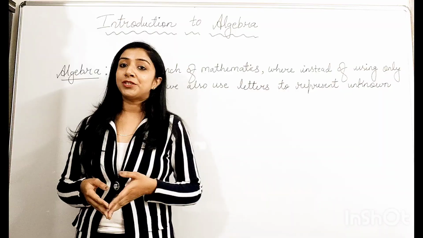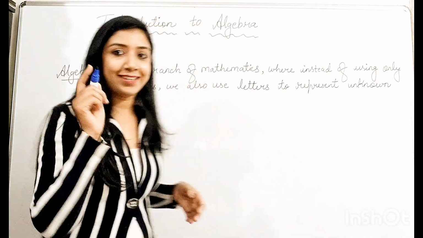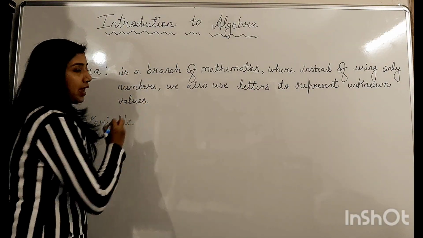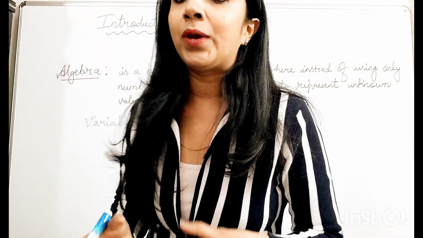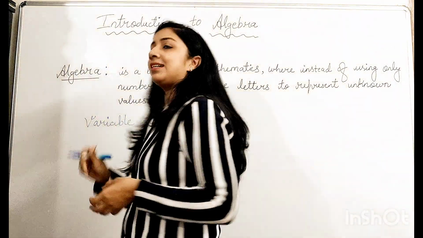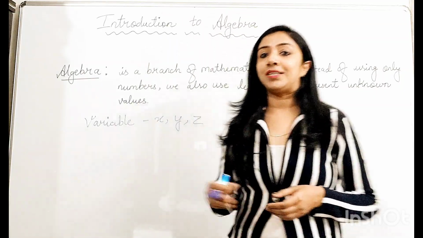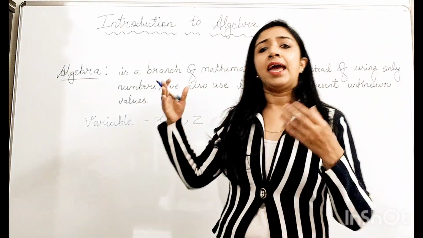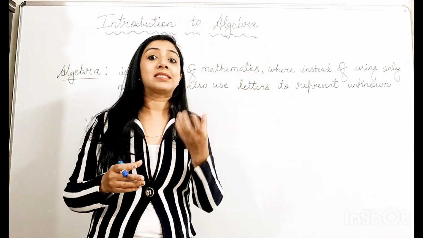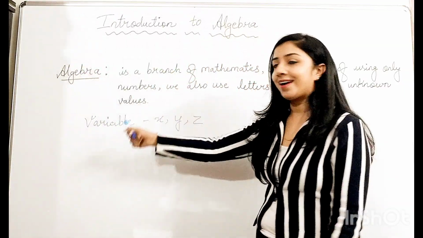Here we are going to introduce variables. Okay, so the superstar of this chapter is variable. And what are these variables? Variables are X, Y, Z. Variables are the letters which represent any number. Okay, so these are all variables, X, Y, Z, any letter we can see. And variables constantly change. By its name only it's understood, it varies. So the first superstar of algebra is variable.